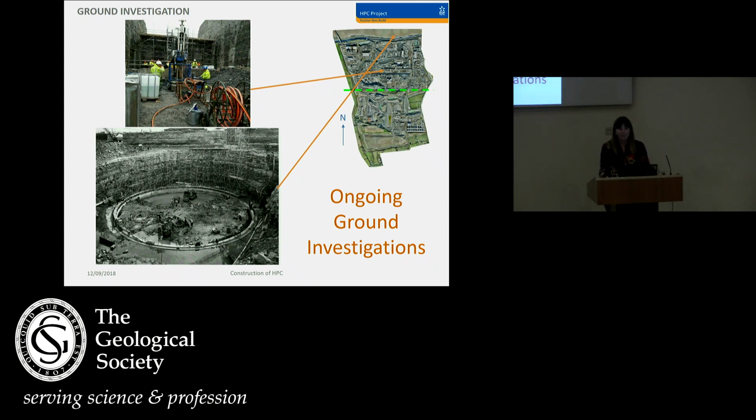So the size of the ground investigations we undertake varies greatly. On a weekly basis, we could be doing trial pitting to establish weathering profiles, materials in the ground, rock strengths, particularly for new excavation areas to determine where they're going to be taken to. But sometimes other issues come up on site. So, for example, this is